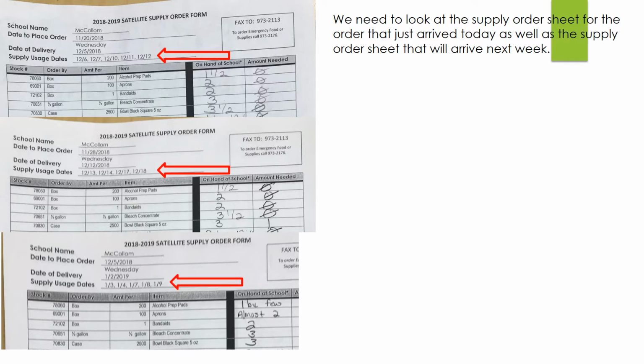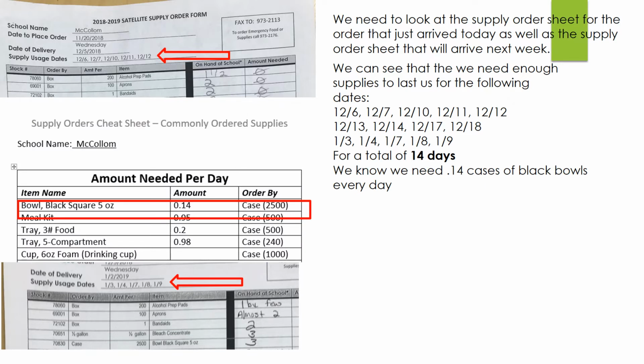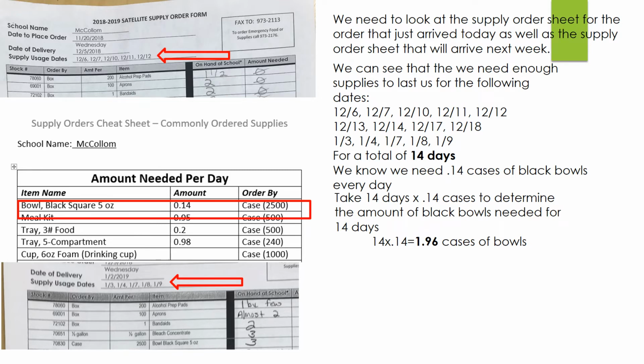We can see that we need enough supplies to last us for the following dates: 12/6, 7, 10, 11, 12, 13, 14, 17, and 18, and 1/3, 1/4, 7, 8, and 9, for a total of 14 days. We know we need 0.14 cases of black bowls every day. Take 14 days times 0.14 cases to determine the amount of black bowls needed for 14 days. That equals